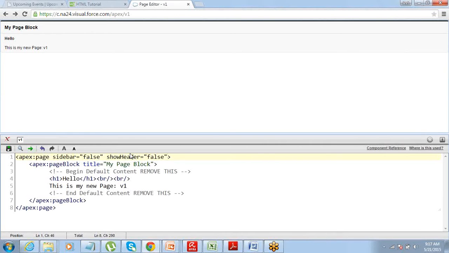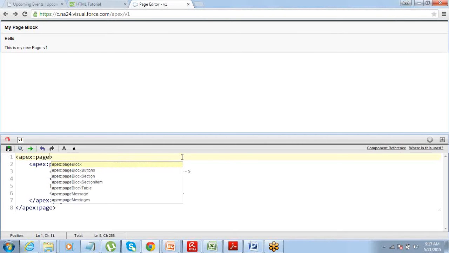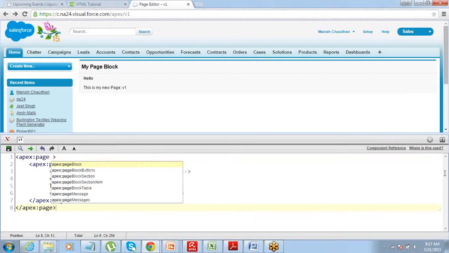Every component that we're going to use, we're going to use a lot of components from Visualforce, and these components will make development easy for us. We can quickly develop things, as you just saw how easy it was to include a page block, and it gives you a professional look. It was very easy to put a title, right? So these components will make your life a lot easier, and the attributes are going to be even more helpful. So that is how it is.